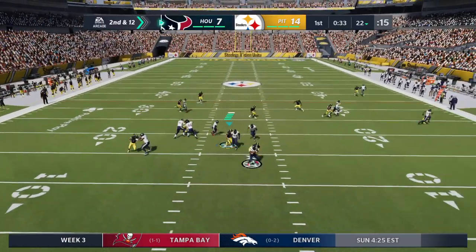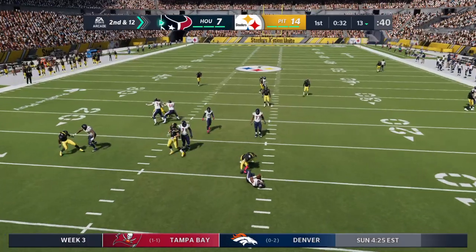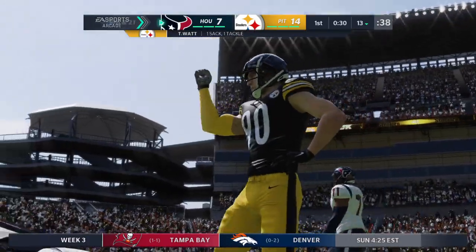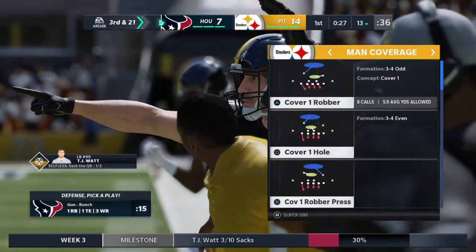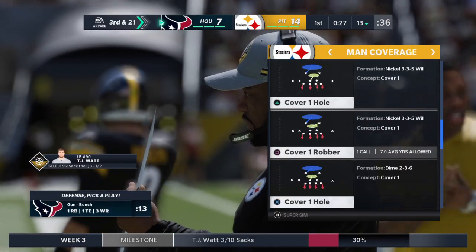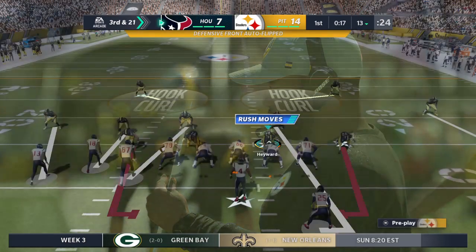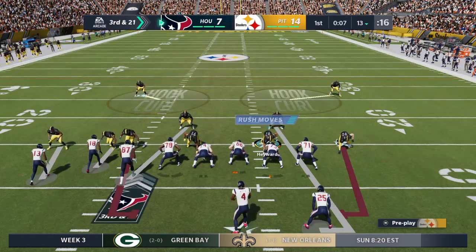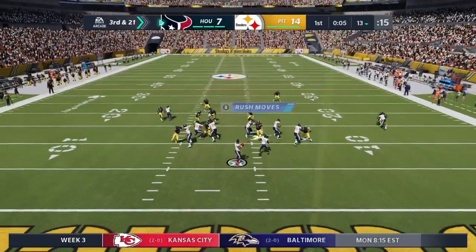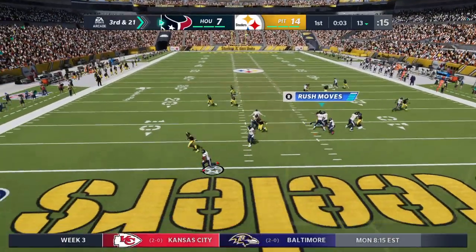Now it's Watson. Pressure comes, and the Steelers take him down. T.J. Watt, the All-Pro, in there to take him down. They just gave up a sack there, and if I'm not mistaken, they gave up 4 last week, didn't they? Yes. They're just looking really porous, aren't they? They really are, and I'm wondering if they're going to have to start thinking about keeping the tight end in, maybe a back, someone to help assist, because right now...